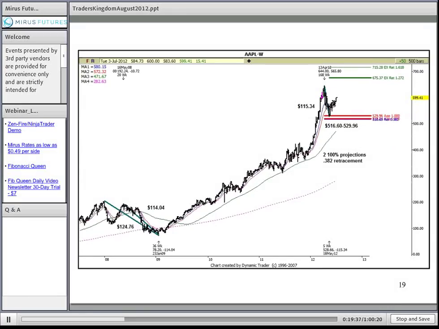Okay, another thing I want to show you, Apple on a weekly chart. I've had to go back to a weekly chart when Apple started getting a little bit crazy. So when we started having these big, healthy declines, I basically wanted to compare those declines at or with some